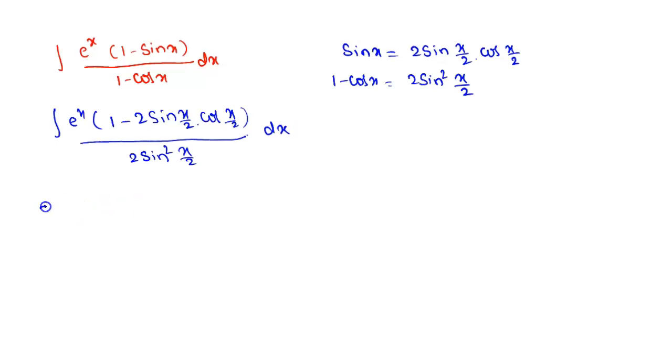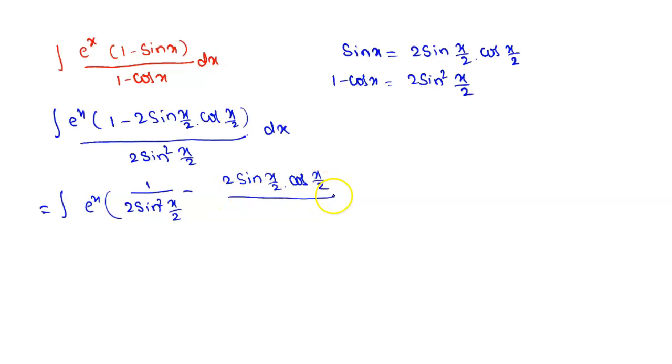So this is equal to integral e power x into, separating, 1 by 2 sin square x by 2 minus 2 sin x by 2 into cos x by 2 by 2 sin square x by 2